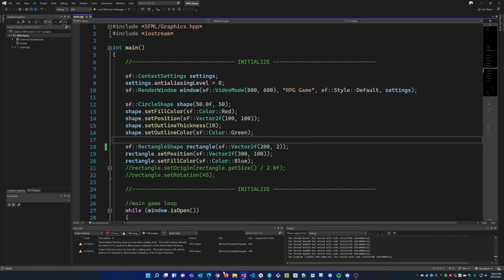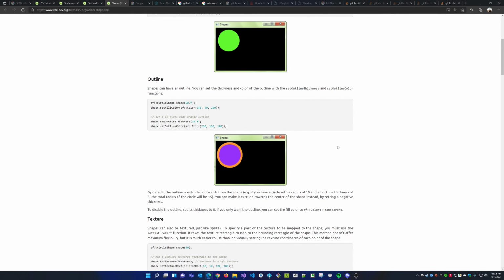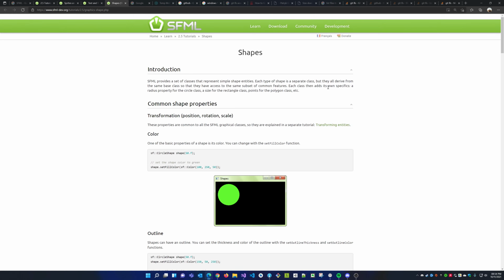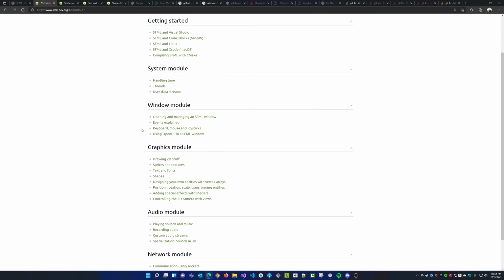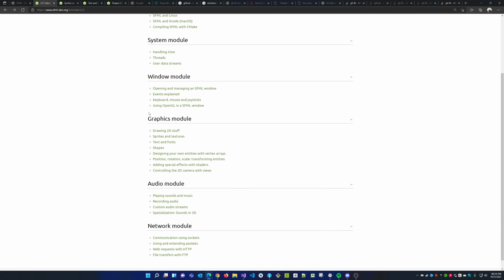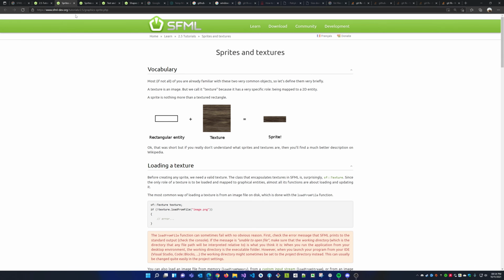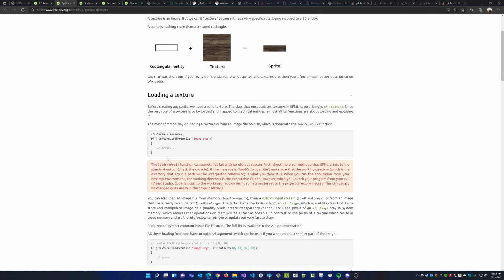So, going to the documentation, and again, it's really important you always have the documentation up and running and open, because you can reference the documentation and see what's going on, right? All right, so to draw a sprite, I'm gonna go to learn. And you can see here sprites and textures. So I'm going to click on that. This is my documentation on how to render a sprite or a texture, right?